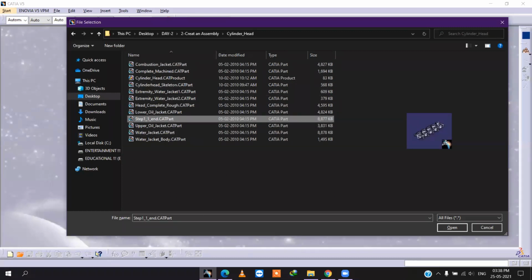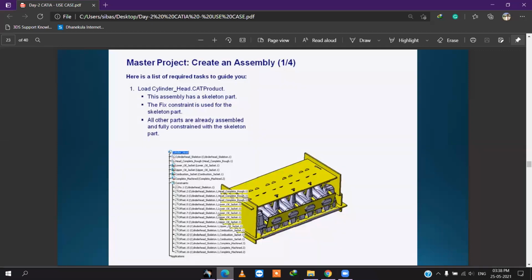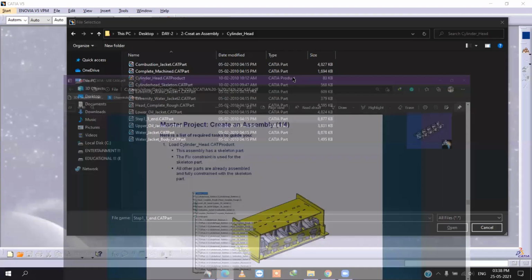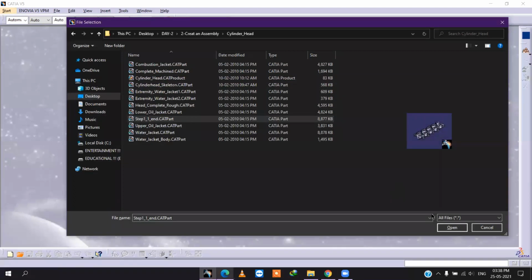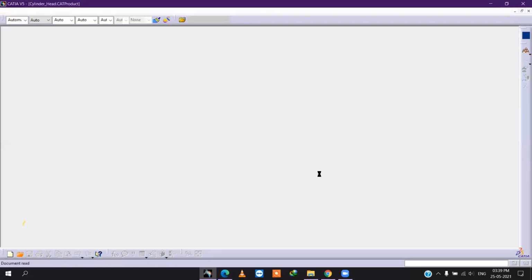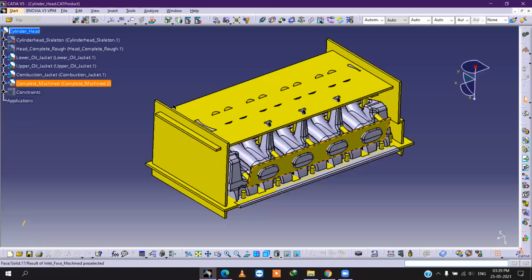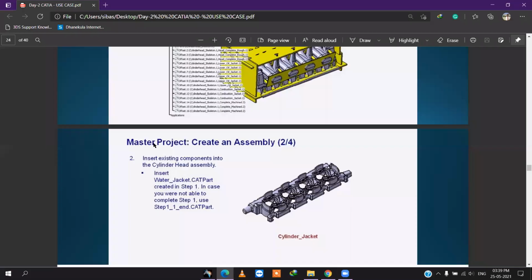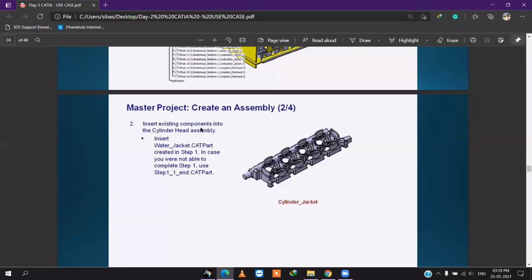Okay, cylinder head, get product. You have to load product. Cylinder head, get product. Open. After that, okay, insert. We have to insert existing component into the cylinder head assembly.